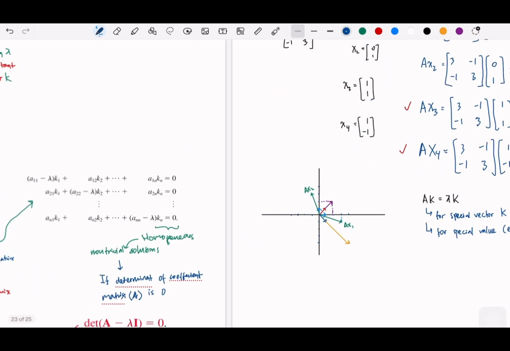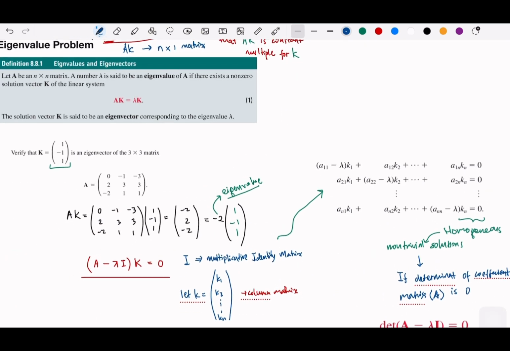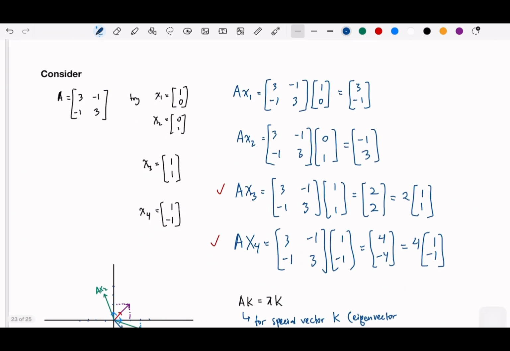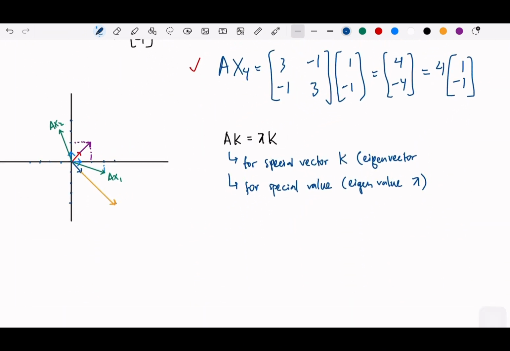And previously, let me just go a brief here. We state that this is a negative. Okay, this is a negative lambda identity multiplied by k is 0. Okay, so if we write here A k, and this is lambda I k, then we could rewrite this. Let me just rewrite all the formulations. This should be 0, and